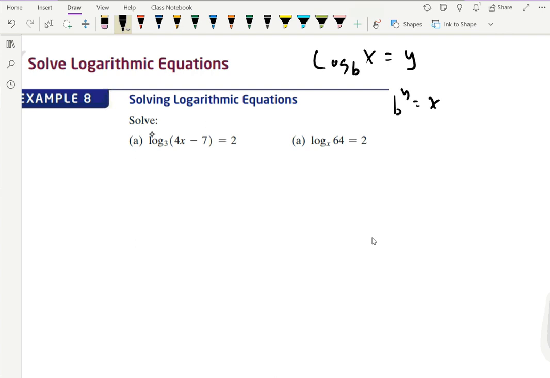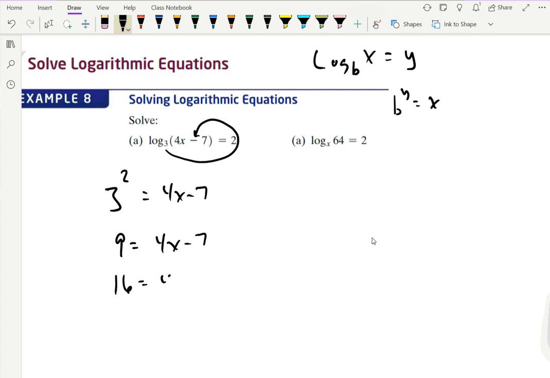So over here, if we have log of 4x minus 7 base 3 equals 2, that means our base is 3, our exponent is 2, and that has to be equal to the 4x minus 7. So what I did at the beginning of the lesson still holds true, only now we have something we can evaluate. That would be 9 equals 4x minus 7. If I add 7 to both sides, we get 16 is 4x. If we divide by 4,